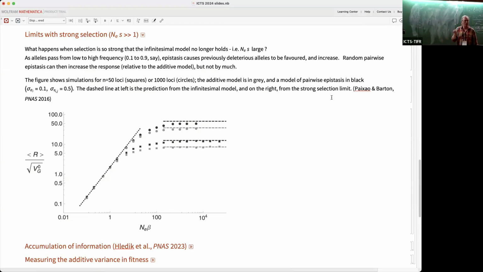And then you have this result due to Haldane originally, which is that under a constant selection, which in our case will depend on the allelic effect, if you had something that was moderately selected, it would just change in a straight line. So it'll spend most of its time going from very low frequency up and up and up, and it takes the same time to go through each order of magnitude, if you like. Same time to go from there to there and there to there, more or less. And you'll only actually see it when it passes through,